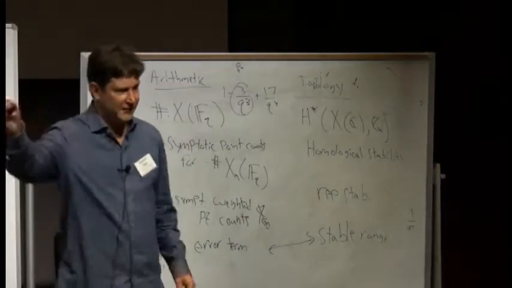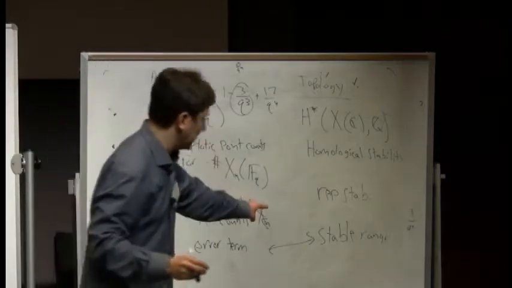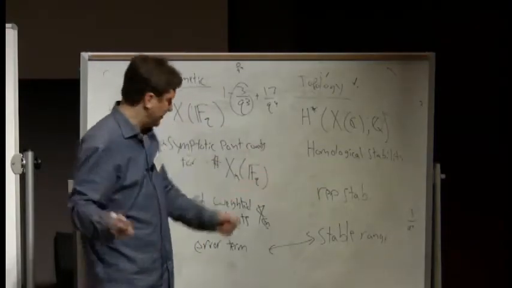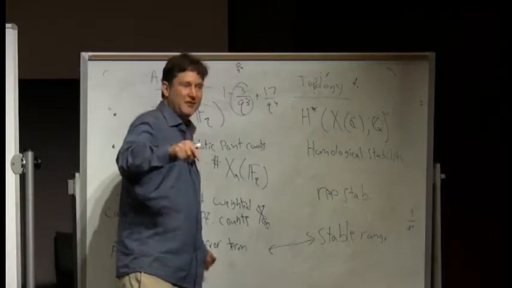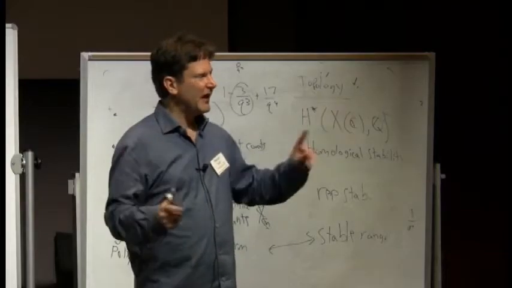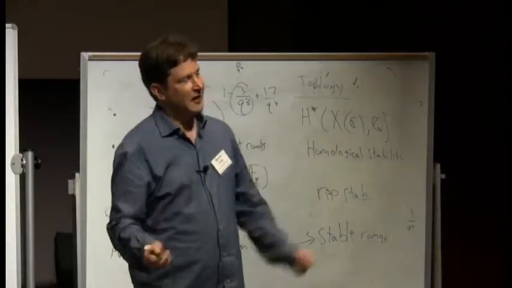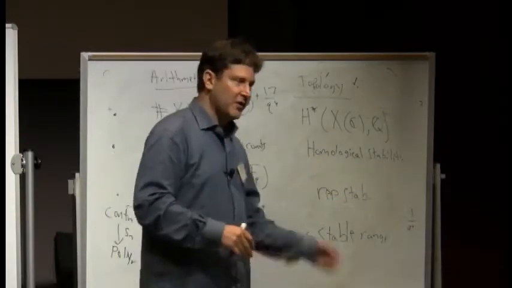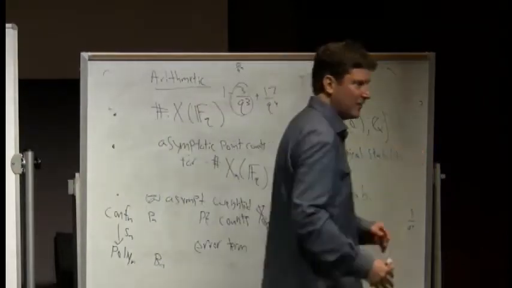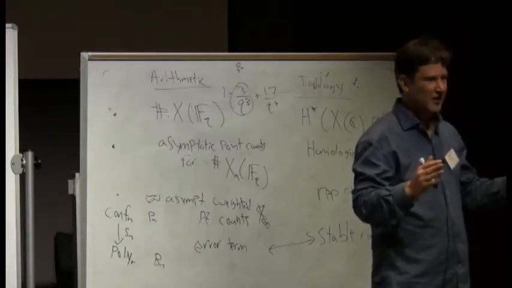Hirsch and Reiner have given this sharp stable range. That has this added application. Other than being intrinsically interesting, they're showing that here's the error term, and it probably means the error term is the best possible. So I love this, because I haven't seen, have people seen before stable range having an application? The application of stable range is, if I want to know the 15th homology of the mapping class group, I only have to do it for genus 30, and then I get all genuses bigger than that.